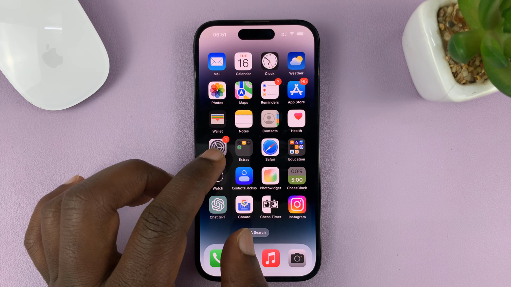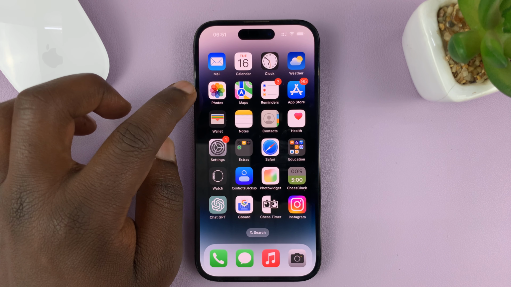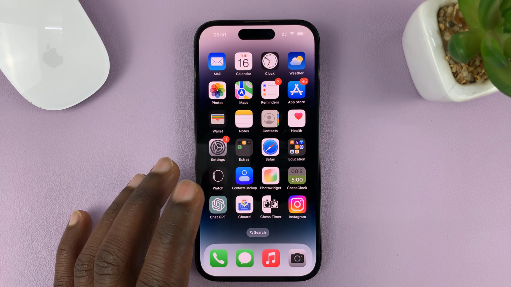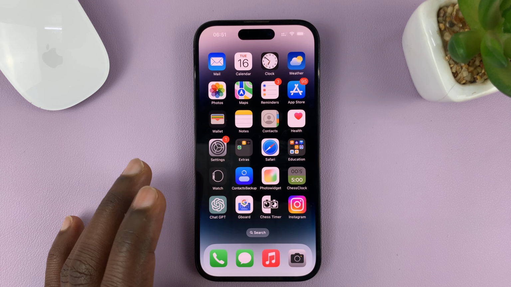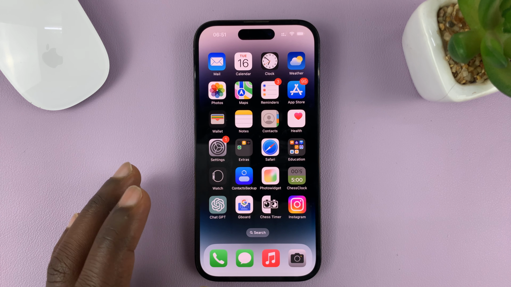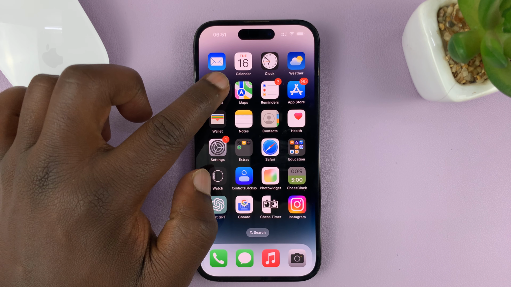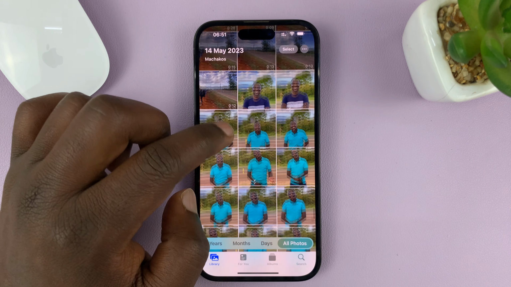So I'll be showing you how to use one of the photos in your photos library as your iPhone's wallpaper. Now for this tutorial, I'm using the iPhone 14 Pro, but it's the same instructions for previous iPhones and also the iPad. So the first thing you need to do is go into the Photos app and find the photo